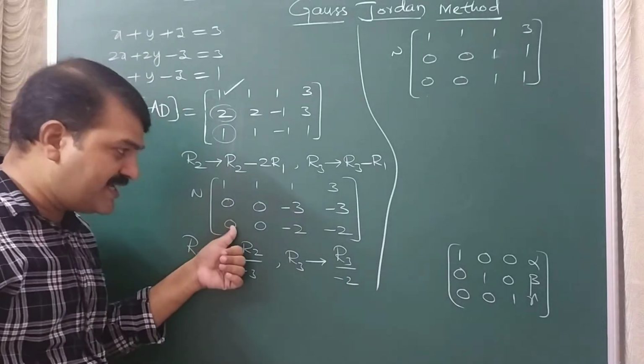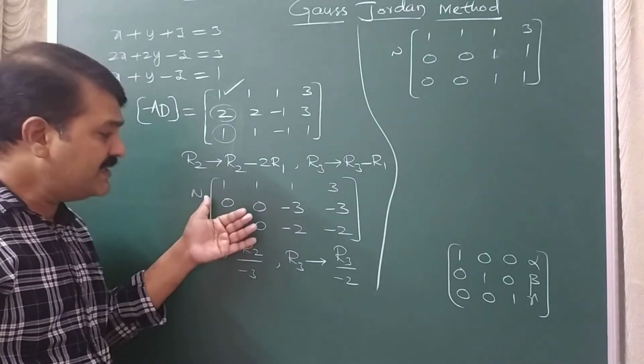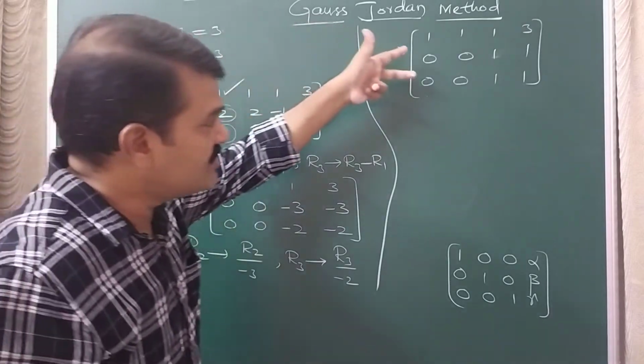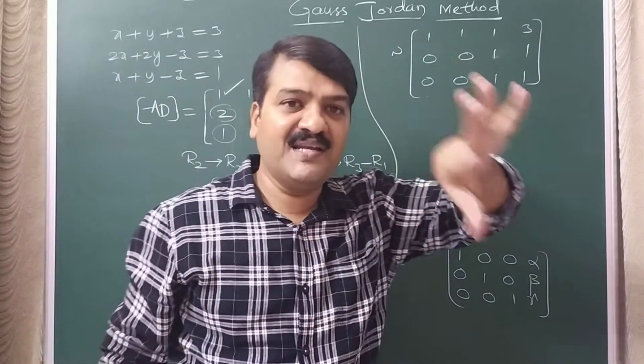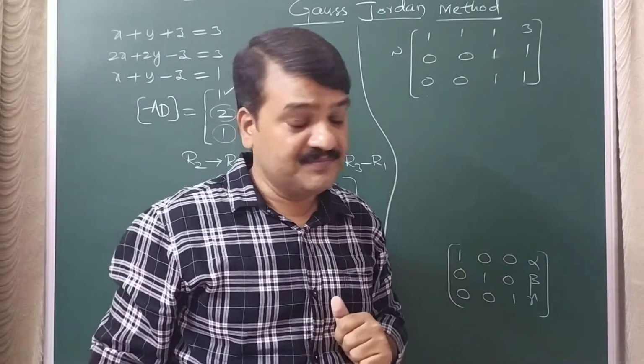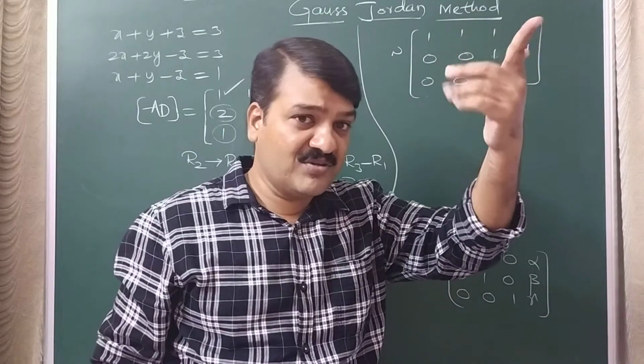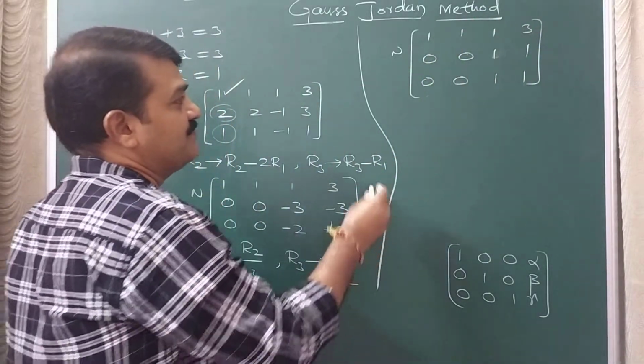You can identify here itself, but to be much more clear, I am doing like this. So two rows are same means you will definitely get infinite solutions. Or if all the elements of a row are 0, you will get infinite solutions. Now, I will show you that also.